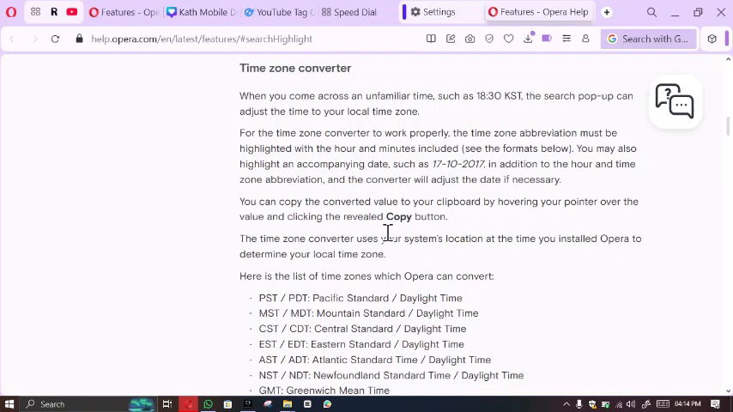Hello everyone and welcome. In this video we're going to be looking at how to use the Opera GX time zone converter. Now the time zone converter is connected to the search pop-up. Now when you come across an unfamiliar time, such as this, search pop-up can adjust the time to your local